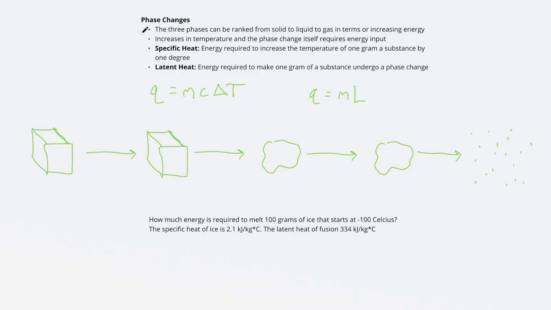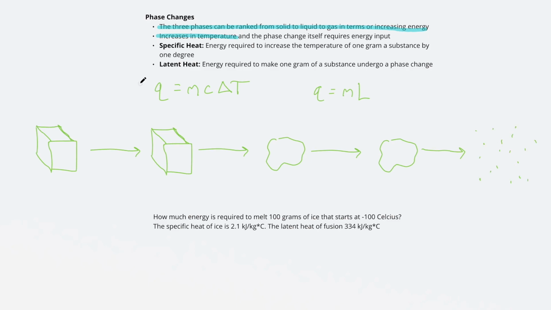Now we'll get more specific with the idea of heat transfer and the change of the phase or state of matter. So like we said before, as we go from solid to liquid to gas, the molecules are increasing in kinetic energy. So any increase in temperature means that energy has been put into the substance, and that's summarized in this equation, Q equals mcΔT, or Q equals MCAT, as most people call it. So Q here is heat, M is mass, ΔT is the change in temperature, and then C is the